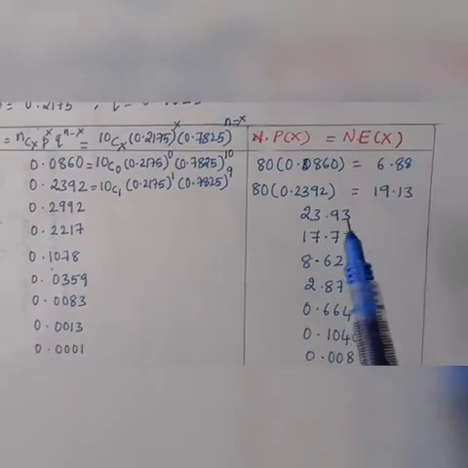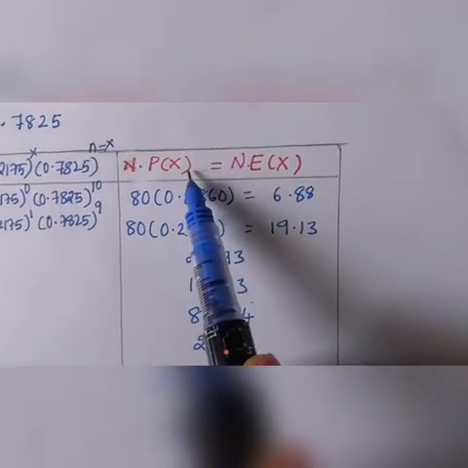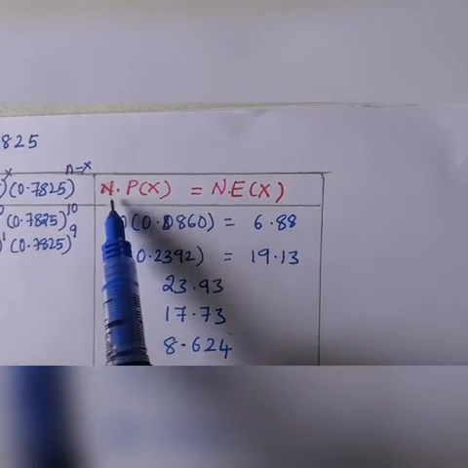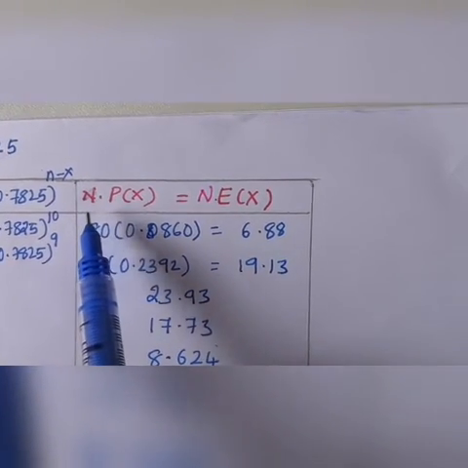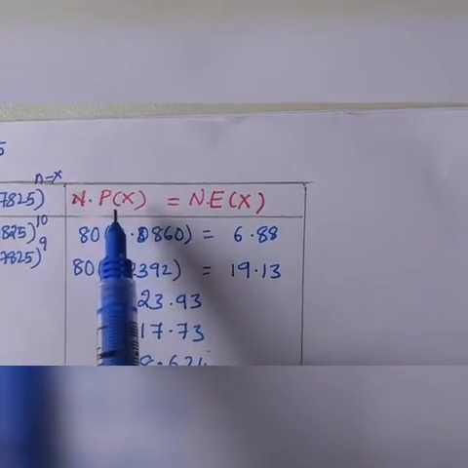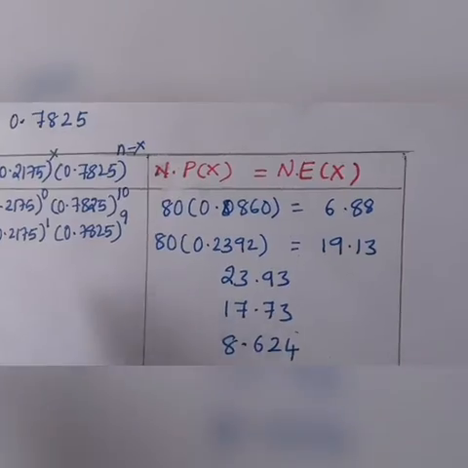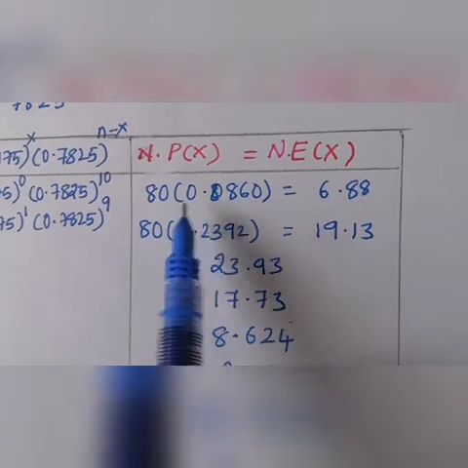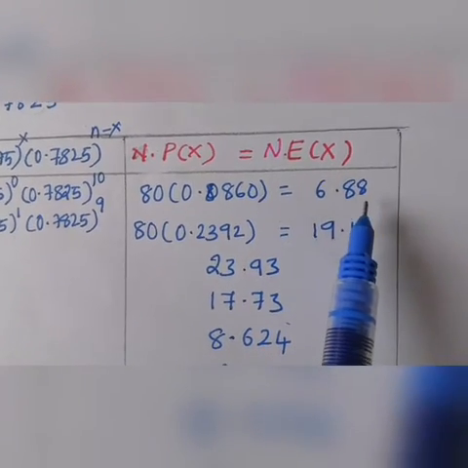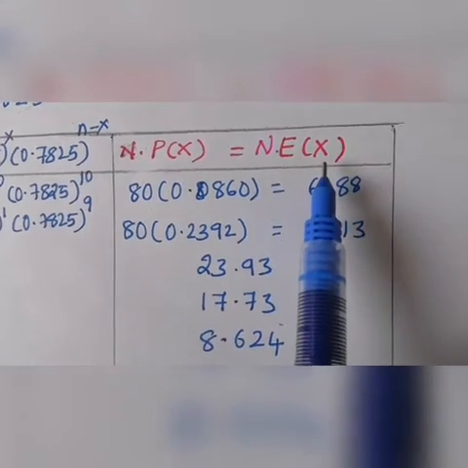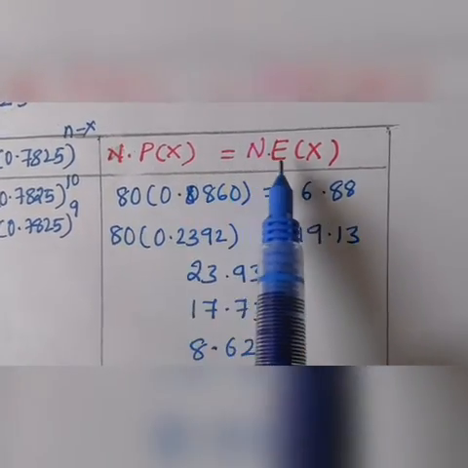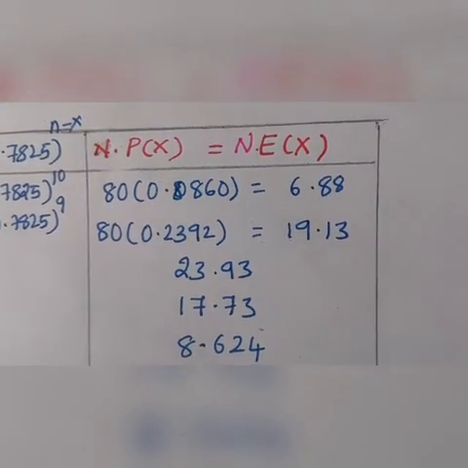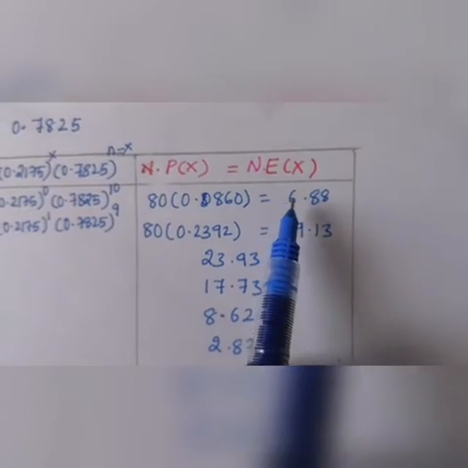Okay, then the next column: p of x is nothing but the expected value of x, and you multiply this with capital N. N is equal to the population size, which is equal to 80. So whatever values you got as p of x, now multiply them by 80, which is the sample size, to get the expected value. P of x is nothing but the expected value. These are the predicted values. Predicted values are nothing but the mathematical expectations. The mean is nothing but the mathematical expectation. In binomial distribution, probability is nothing but the expected value.